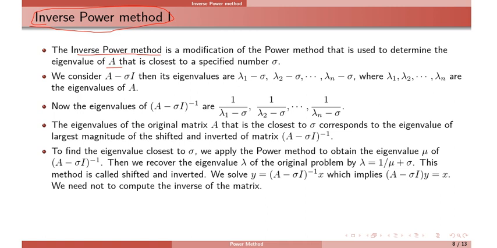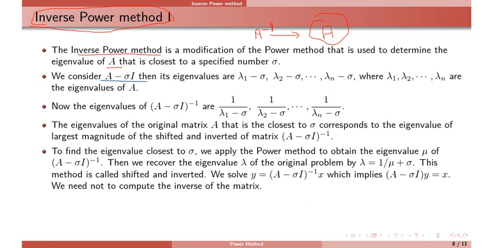So one explanation I gave earlier: if you apply power method on A inverse, this will pick the largest eigenvalue of A inverse, and the largest of A inverse will be the smallest of A. So power method will pick the largest of A inverse, and that will be the smallest of A. In other words, you can also calculate the smallest eigenvalue by using inverse power method, or applying power method on A inverse. And more generally, we can compute an eigenvalue near a point sigma.